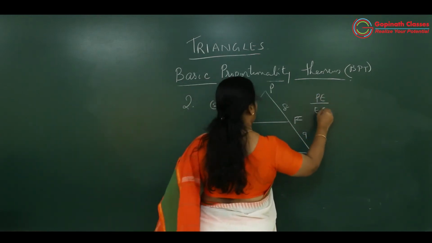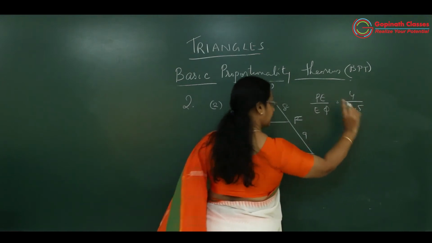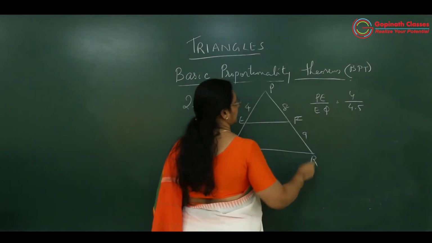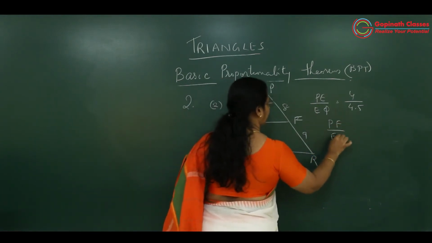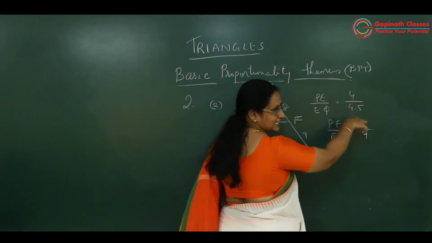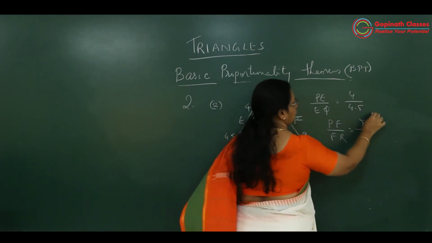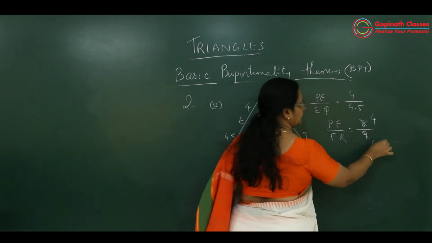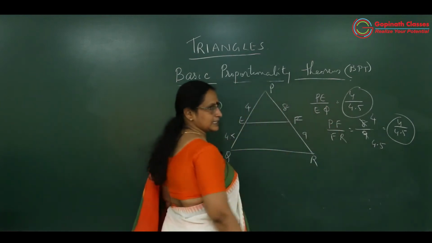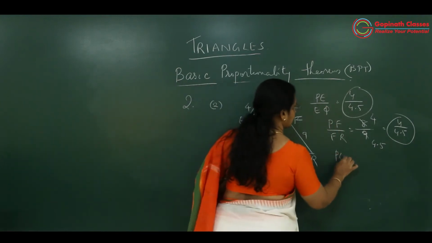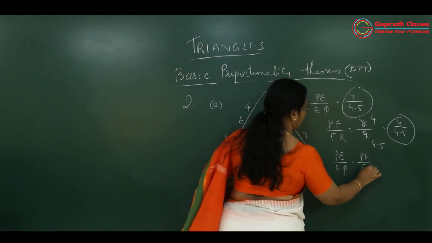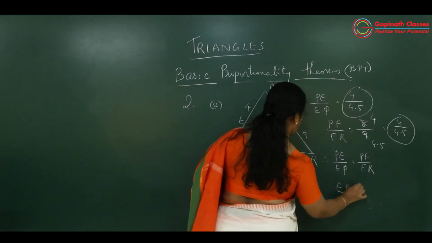PE upon EQ, which is 4 upon 4.5. Leave it there. It cannot be simplified. Come to PF upon FR, 8 upon 9. If we cut it by 2, 4 2s are 8 and 4.5 2s are 9. So you're getting again 4 upon 4.5. See, it's maintaining the same ratio. So they are parallel. Since PE upon EQ is equal to PF upon FR, EF is parallel